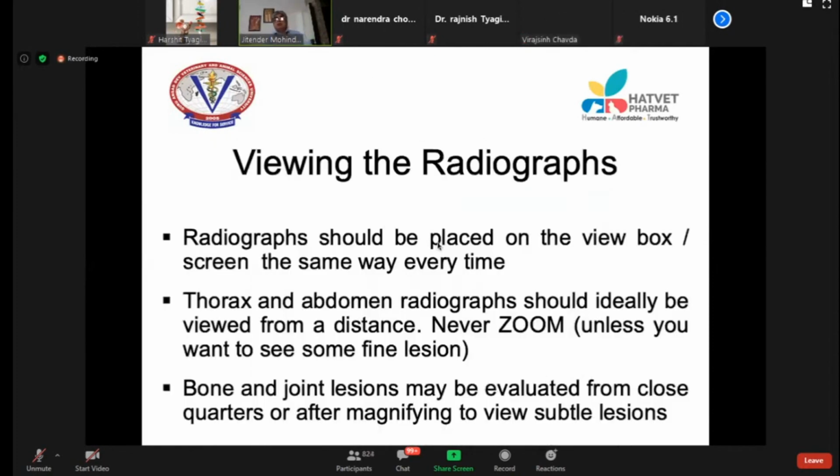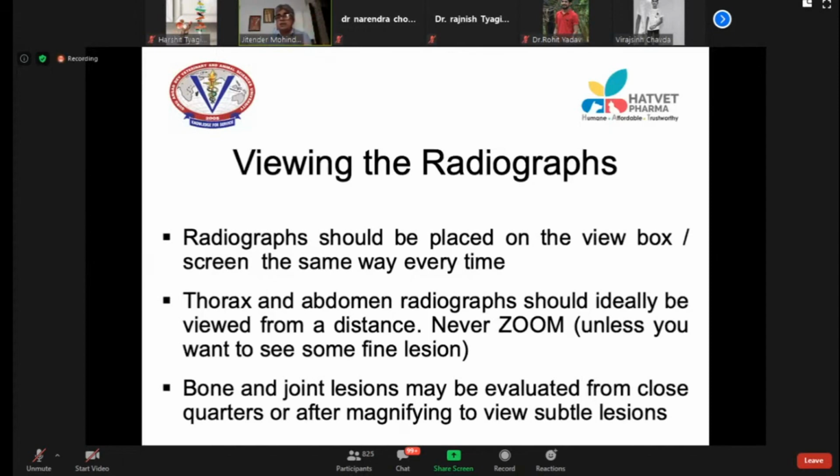Then coming to viewing the radiograph, I already told you your viewing of the radiograph on the screen should be such that the head of the animal should be on your left, the tail should be on your right, the vertebral column on the top, the sternum on the bottom. For a VD radiograph, your right is the patient's left, your left is the patient's right.